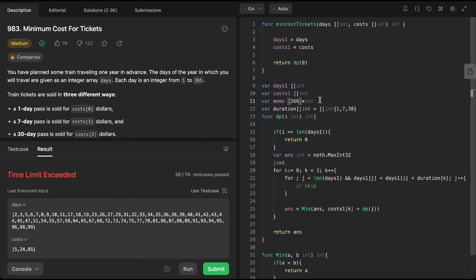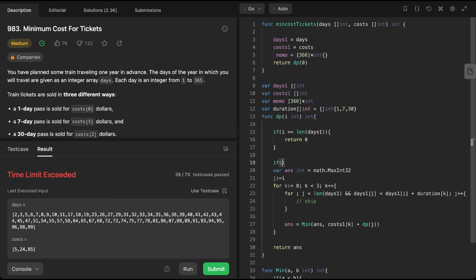We'll store all the days. It's possible that it's like 1, 2, 3, 4, 5. The length of I is like 1, 2, 3 until 365. What you can do here is just assign. Okay, now what we can do here is check if memo I is not equal to nil, and then basically return